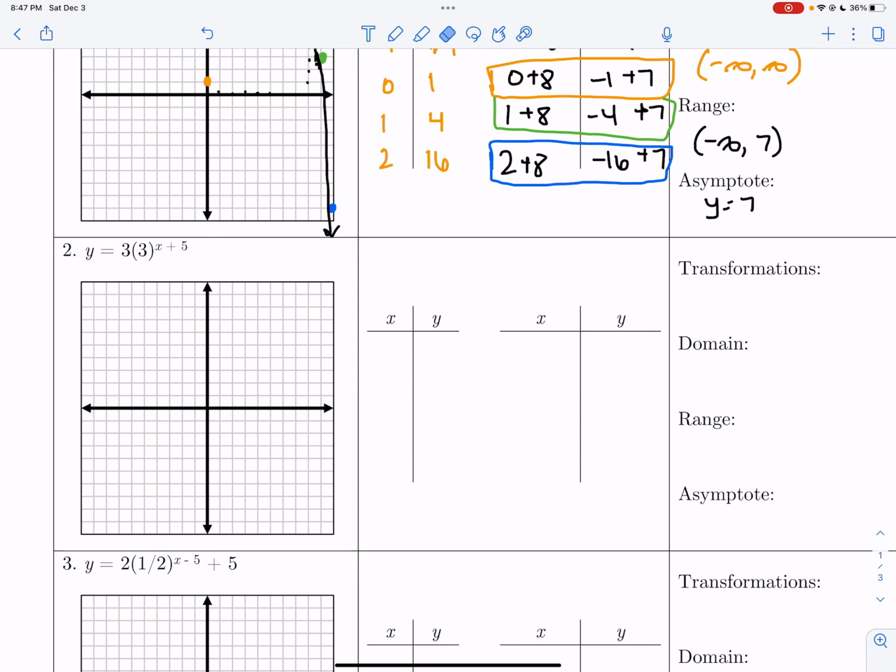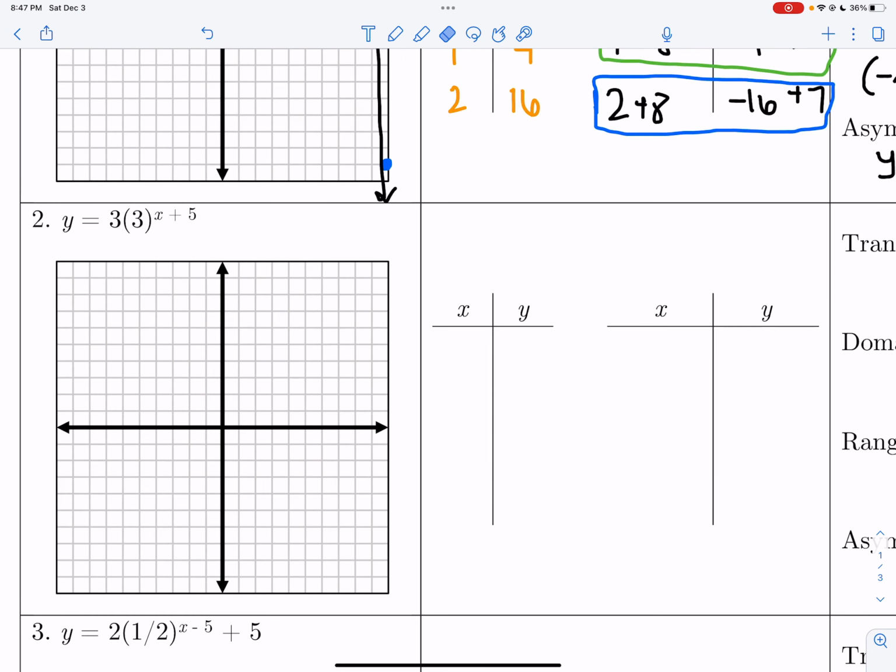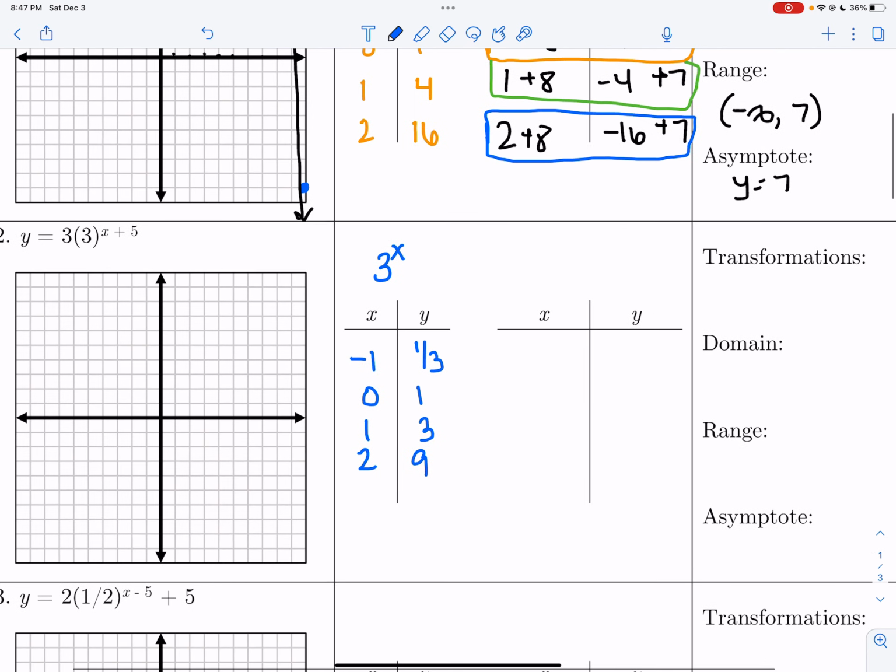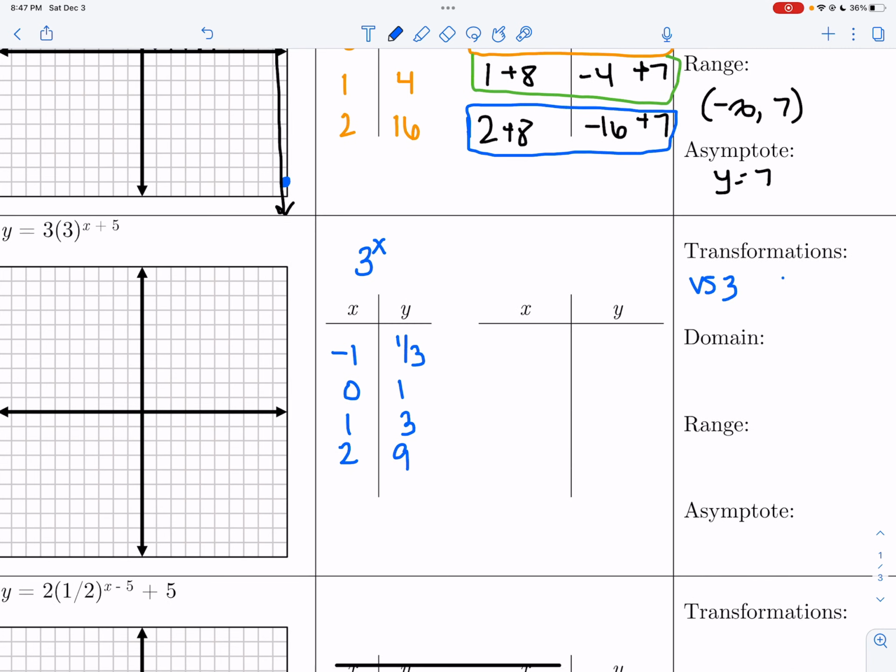Okay, number 2. You have 3 times 3 to the x plus 5. And my base is 3 to the x. So negative 1, 0, 1, 2, 1/3, 1, 3, 9. My transformations are vertical stretch of 3, so that affects my y value, and then left 5, which affects my